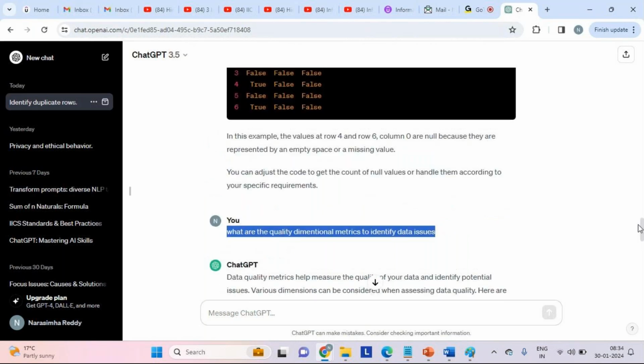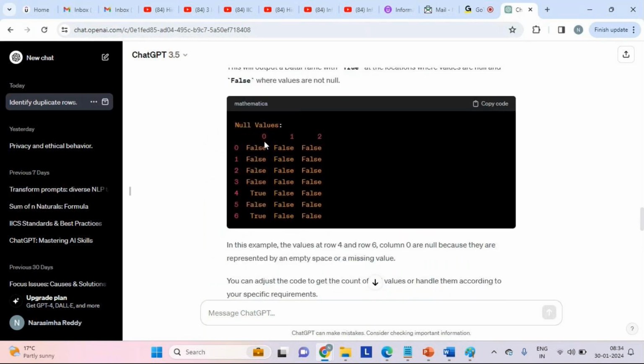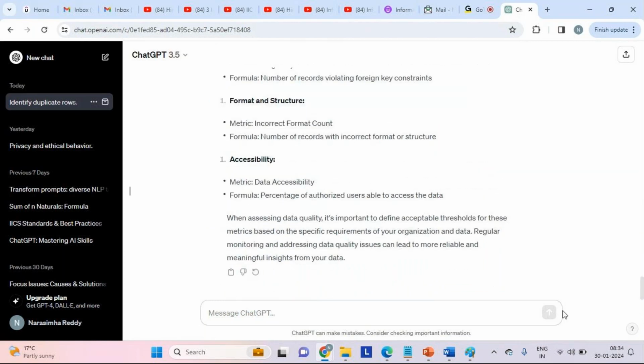And earlier, we tried to identify the issues with respect to the source. So now we can also ask questions. What are the specific data issues from one or more source systems?